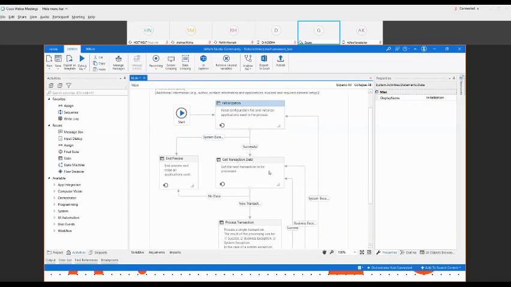Basically this can be used for getting data one by one. If you want to process the data one by one, then you can use get transaction data. And if there's an error, then you can use this system exception to kill the process or end the process.